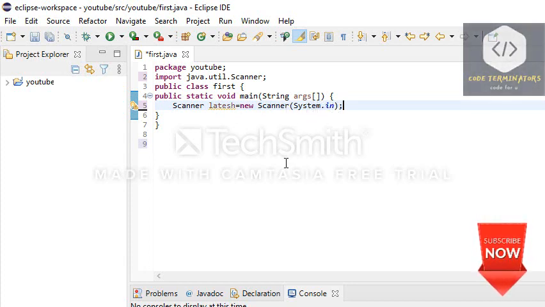System.in means system input. Input from our computer, we have to input by our keyboard. So by this line we want to conclude that our input is saved. Our input is saved in variable Latesh. Okay, so